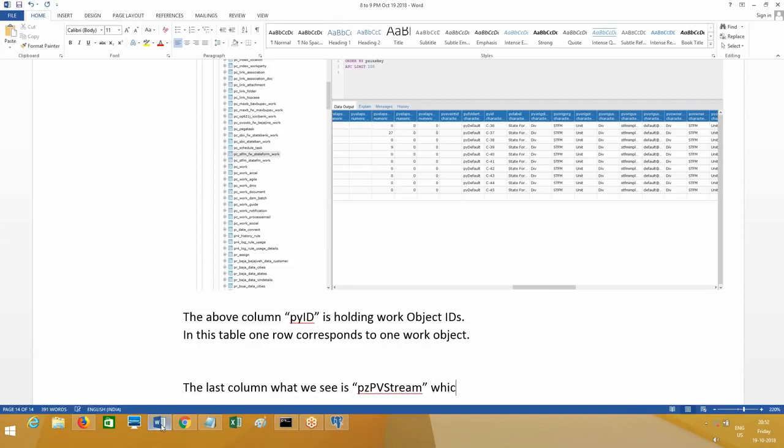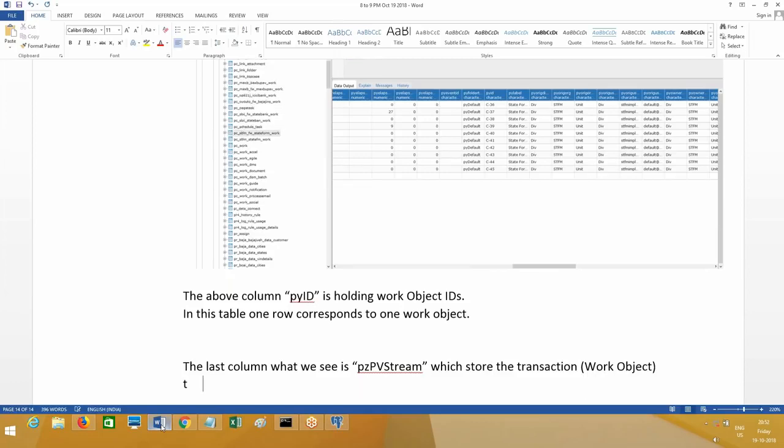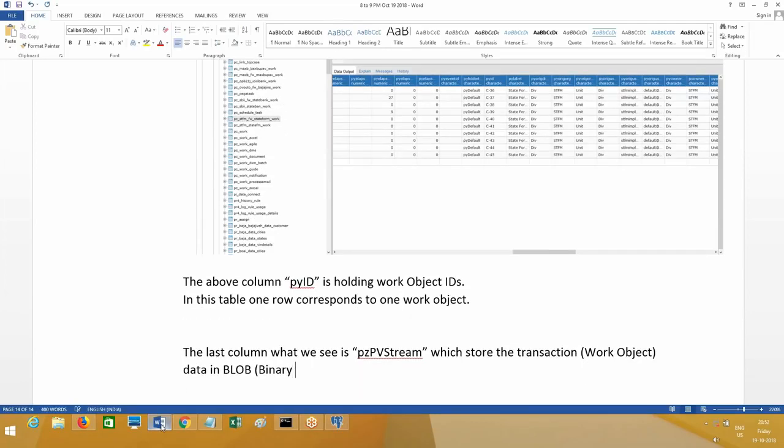which stores the transaction. I call it work object data. Data in BLOB, binary large objects. In which format will it store the data? So your work object data will get stored into the work table.